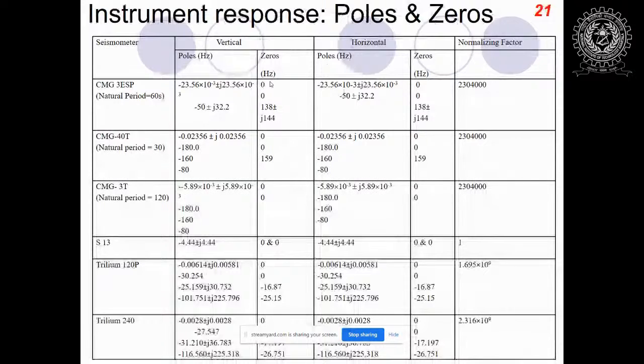Now, what is instrument response? To know the response of a seismometer, which can record the earthquake signals, we need to have the poles and zeros of the seismometer. The poles and zeros are the transfer function of a system. These values determine whether the system is stable and how well the system performs. The table in this slide shows the poles and zeros of different seismometers. And these values can be used to analyze the instrument response of the seismometers, which I'm going to show in the next slide.